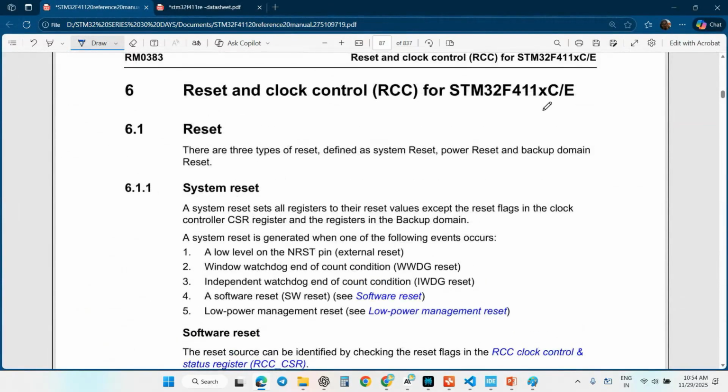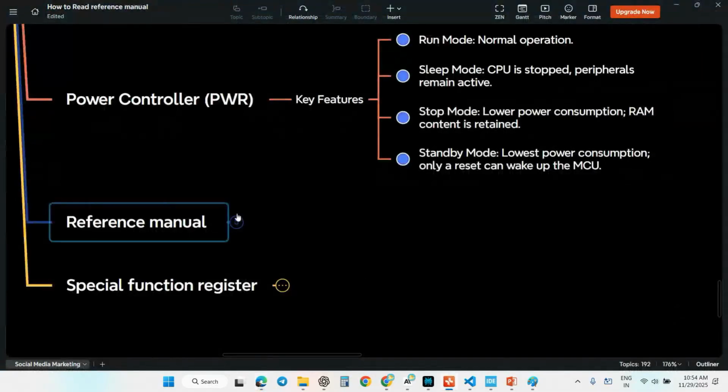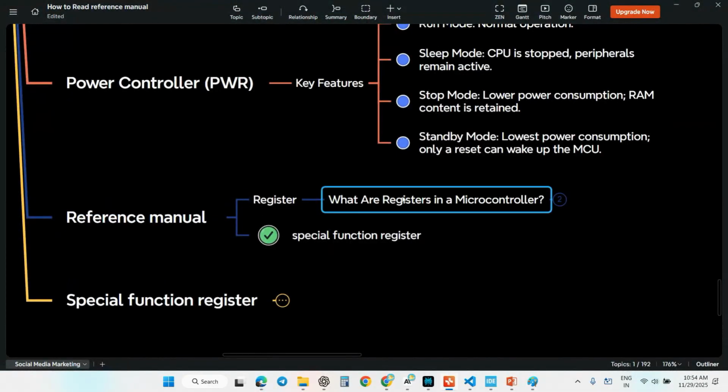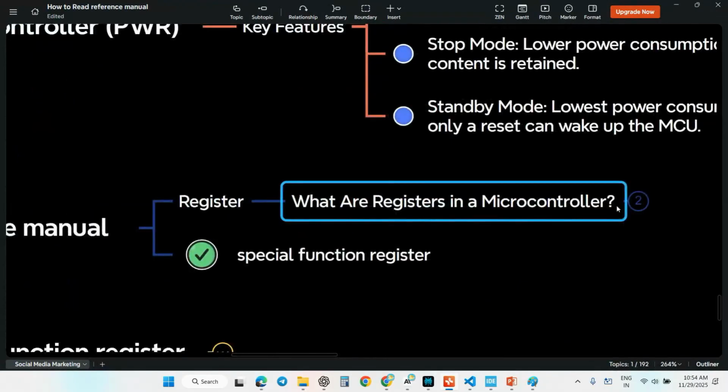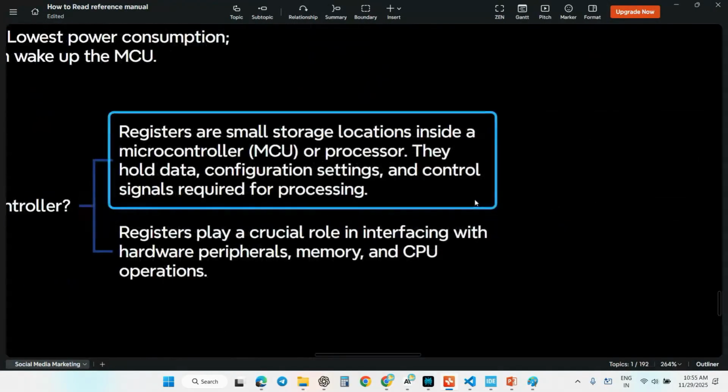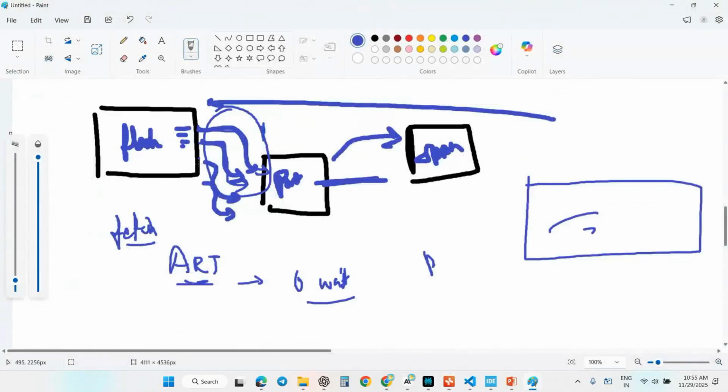Next we will discuss the RCC, the reset and clock control register. Only after this can we see the complete registers. What are registers in microcontrollers? Registers are small storage. Most of the time we are using a